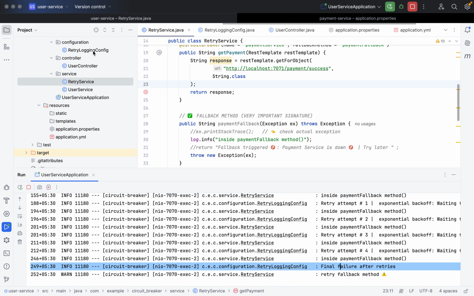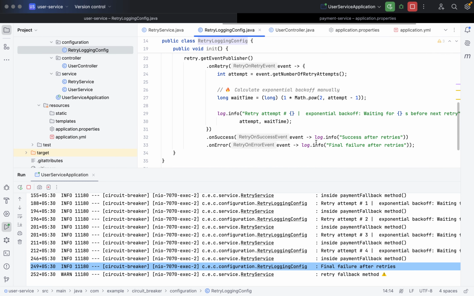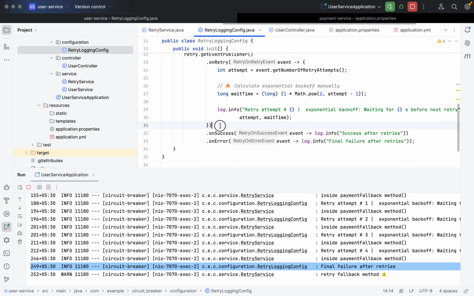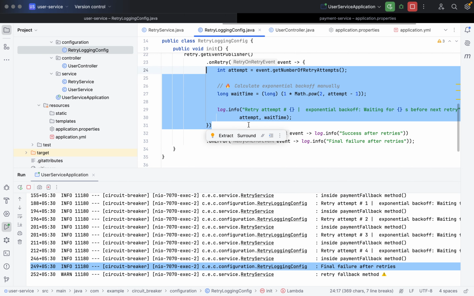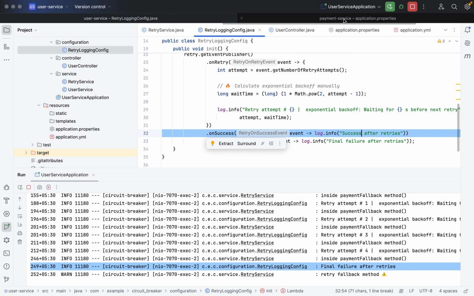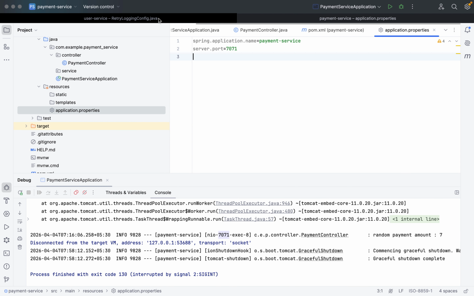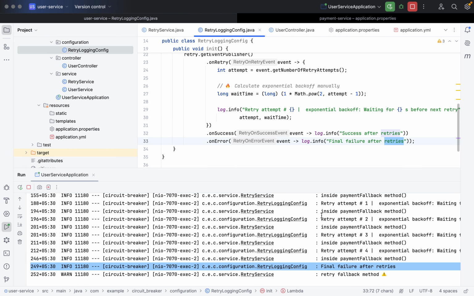Actually this is coming from this one only. From this method you can see it first retried, but again there was no success because the payment service was down. Okay, so this line did not get triggered, it triggered this error line, final failure after retries, because we did not bring the payment service up and running while this was executing.